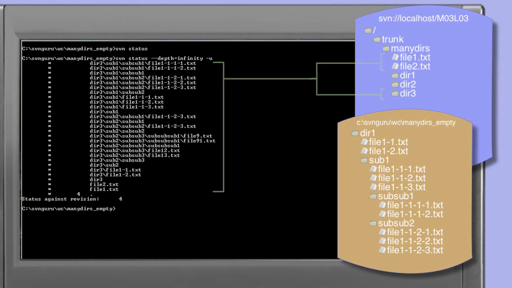The important point here is that commands like status and update will refer only to information in the working copy in the first instance. We need to provide them with additional options in order to tell them to refer back to the repository. So, performing an update in our current working directory, the many dir's empty directory, will not call upon elements like dir3, file 1 and file 2, because the working copy is explicitly instructed that those are not part of this working copy. In order for those elements to be drawn from the repository, we would need to provide the update